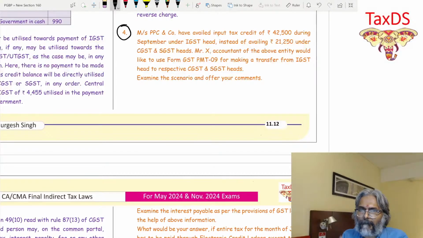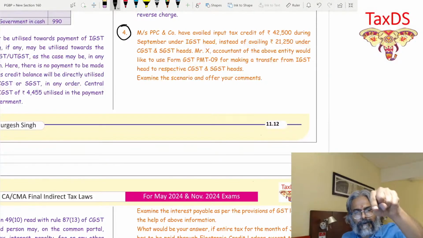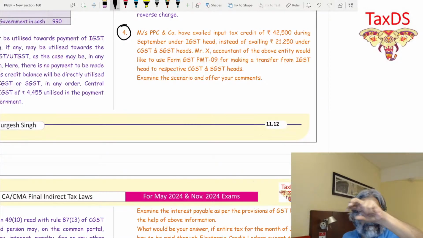So in that transfer point, students, can you just write there in question number 4? In that point number 3, transfer from the electronic cash ledger, where there was point A and point B, you can just make a reference to refer question number 4. So that parallelly, I am also doing the questions with all of you.